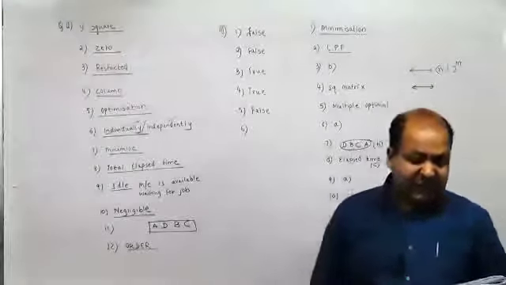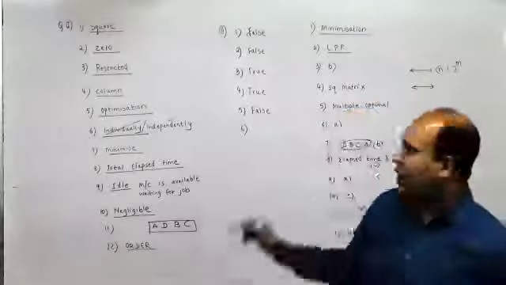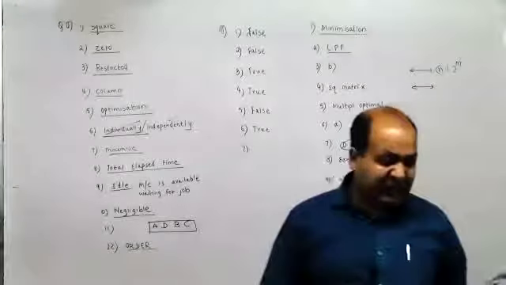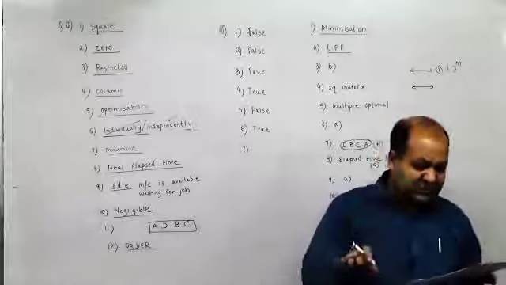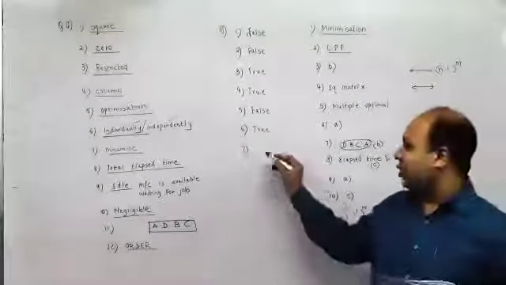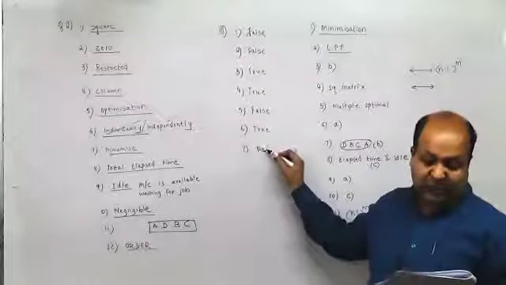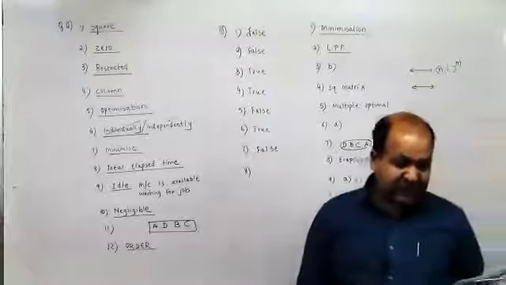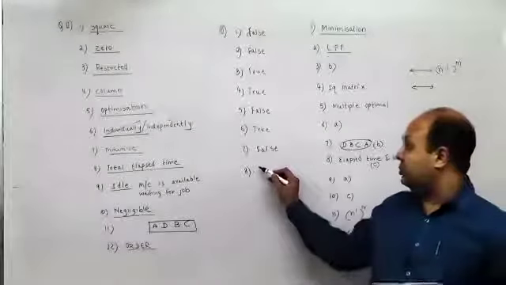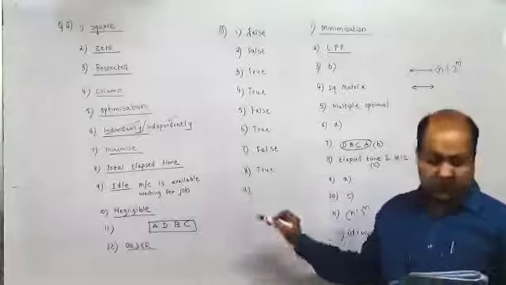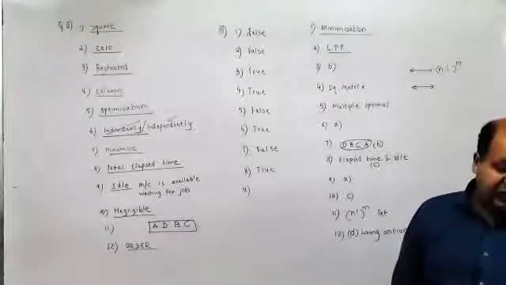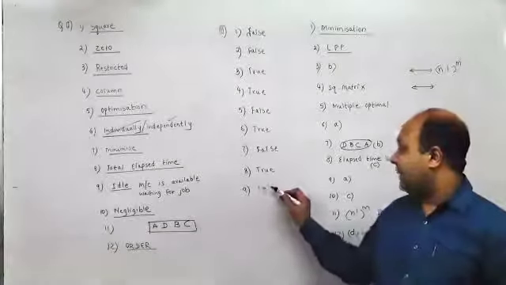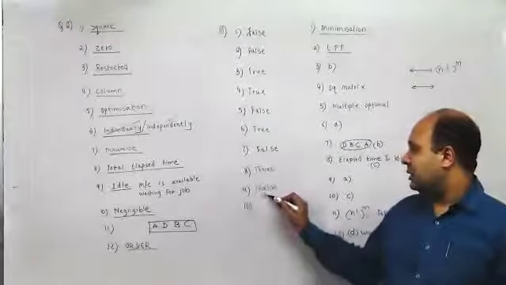Sixth one. In assignment problem, each worker or machine is assigned only 1 job. Yes, true. Sir, it's correct. One of the assumptions made while sequencing n jobs on 2 machines is 2 jobs must be, no, only 1 job can be loaded at a time. So it is false. Sir, it's correct. Eighth one. The total lapse time is the time required to complete all the jobs. True. Sir, it's correct. Idle time for any machine is when the machine is available but not waiting. It is waiting for any job, so it should be false. Sir, it's correct.